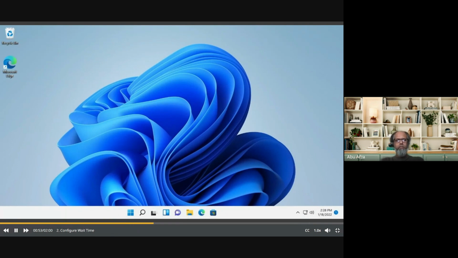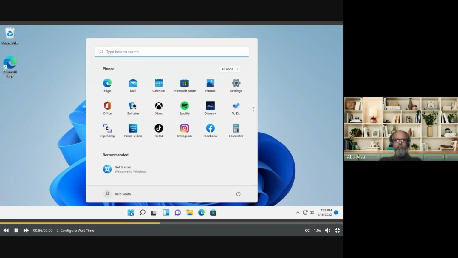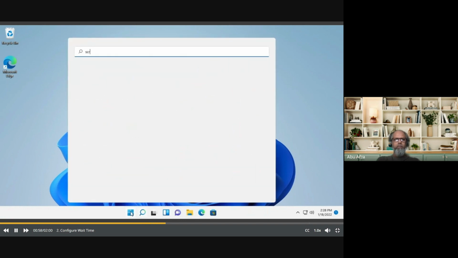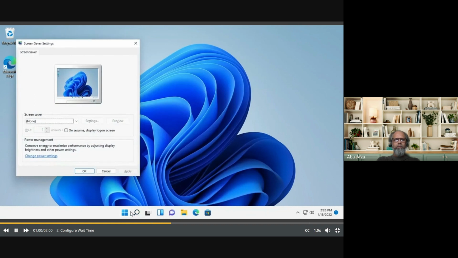To do so, we just click on the Windows button or the search button and type screensaver. The screensaver we want can be selected from the drop-down menu here, and we can also specify how long the system must be idle before the screensaver kicks in. Then we select the On Resume Display Logon Screen option to require the user to re-authenticate before they can get